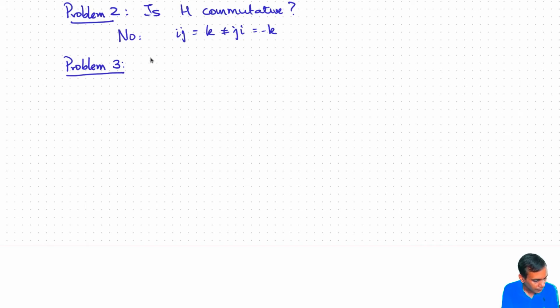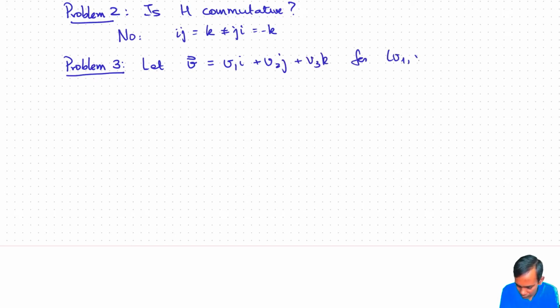So let's write V to be V1I plus V2J plus V3K for V1, V2, V3